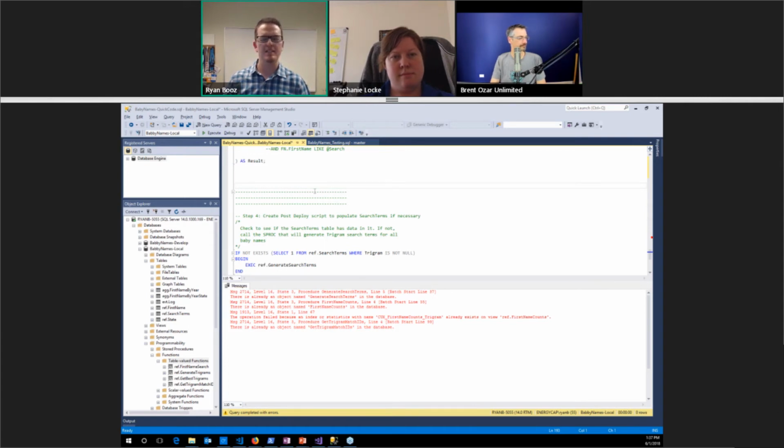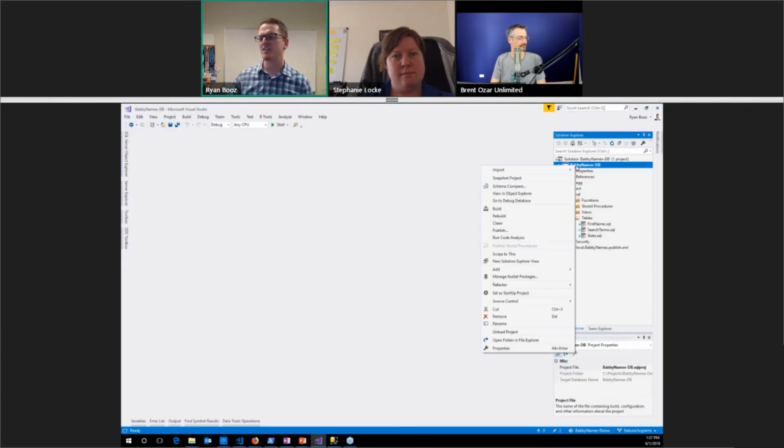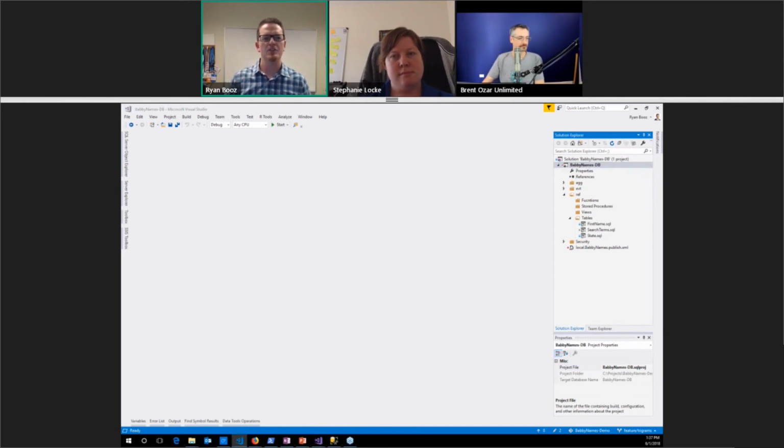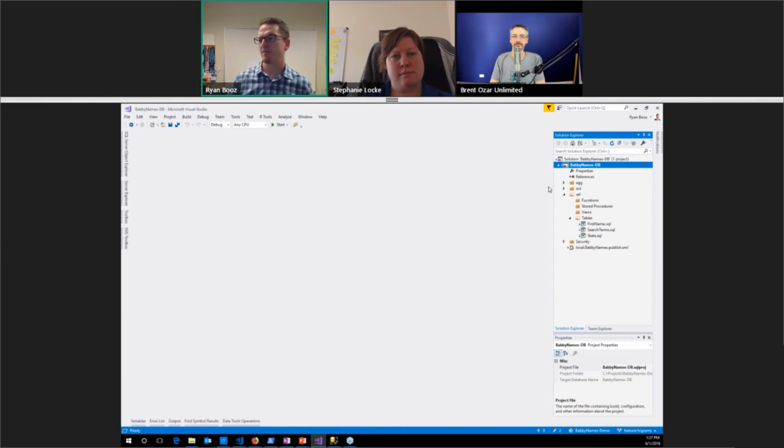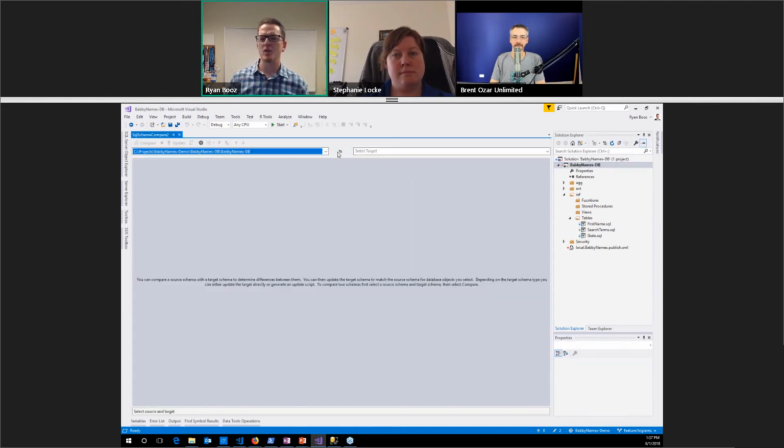So let's see. I'm going to go back to SSDT. And this is the other way you can do it. Some people develop within their database and they want to see that happen. And so we can right click and say Schema Compare. I mentioned this earlier in the slides. You can compare between either two databases, two DAC packs, or whatever. So this project is a DAC pack. It can either be the source or the destination.